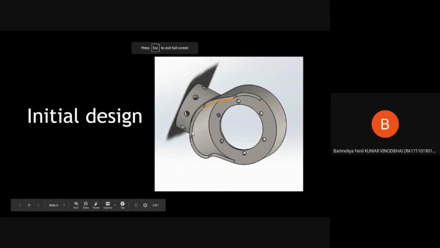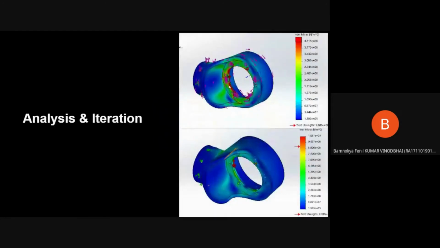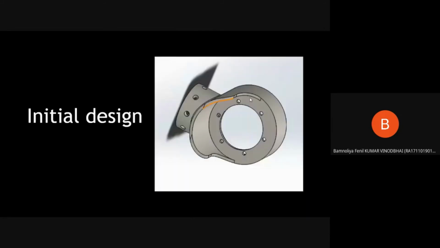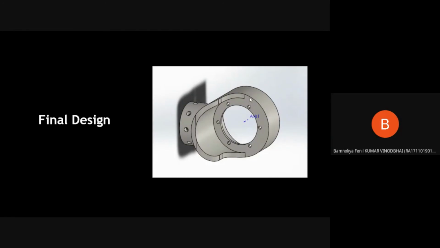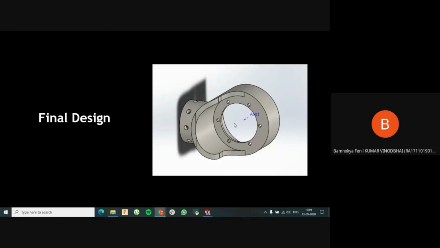Okay. So this is the initial design. There are some parts, the main part being the area around the holes. So the thickness of that part, in the final part, we have increased a little bit. It might not be noticeable, but it is there. It may vary according to the different types of parts and products. Yeah. Any other questions?